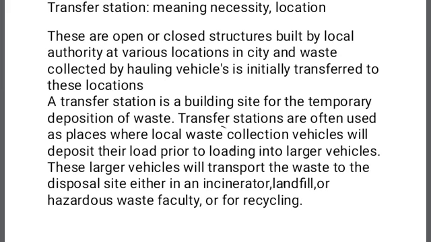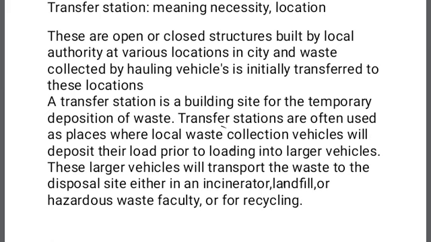The site should be properly selected for the transfer station. It should be selected such that it does not create any nuisance to the nearby premises.